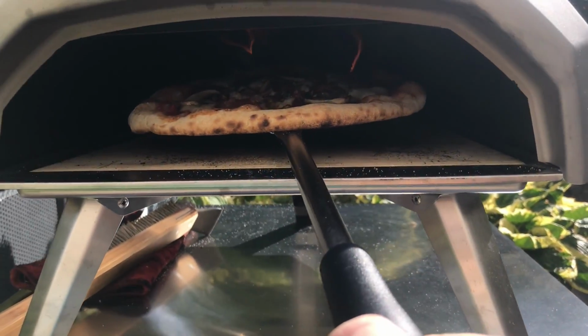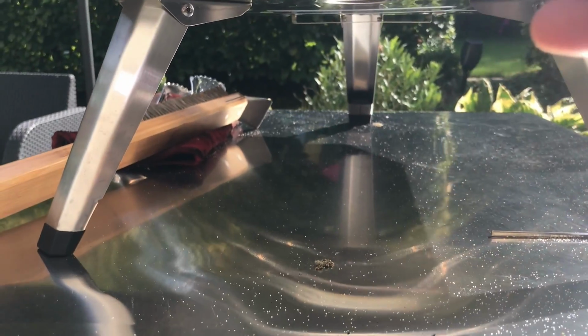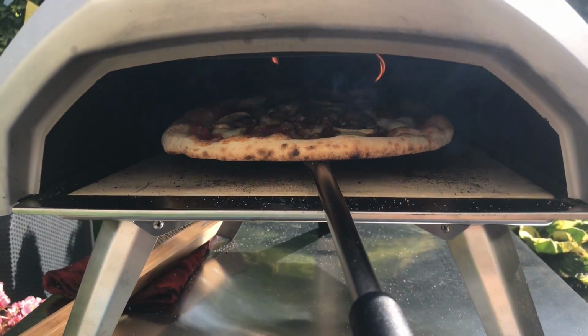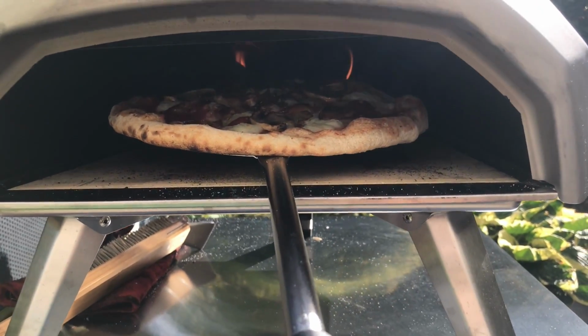So there is a way around it if you don't want your base to cook and burn any more than you already have, just by lifting it up into the flame and sorting your cook out that way. It's not ideal, but it is a hack to avoid wasting your dough